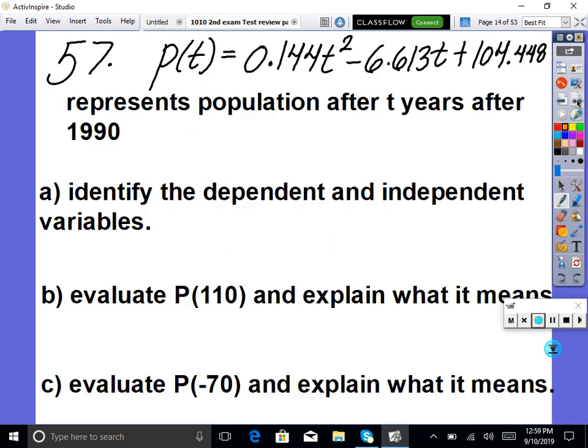Awesome. Okay. So given p of x is equal to this equation, they go into a little bit more detail in the book, so just read it. But basically, they're giving us this equation, and they're telling us it represents the population t years after 1990. In part A, it says, identify the dependent and independent variables. Now remember, dependent is our output, independent is input, because you can input anything. So what are our t's? T's are input, right? That's what we plug in for t. What did t stand for? Years. So our independent